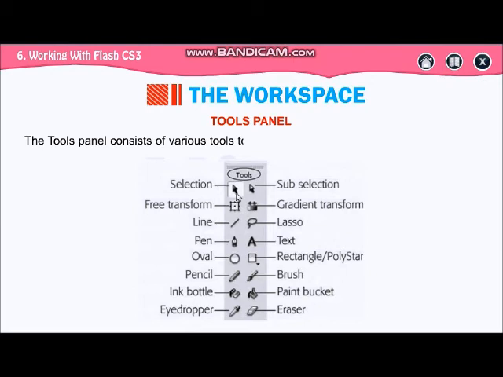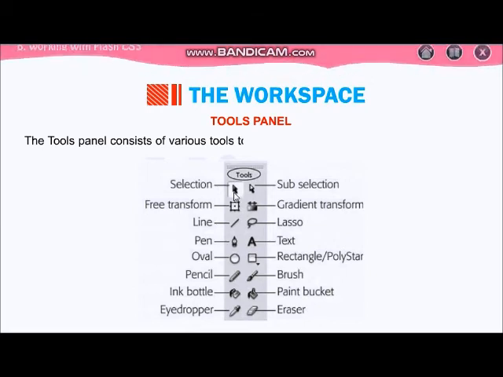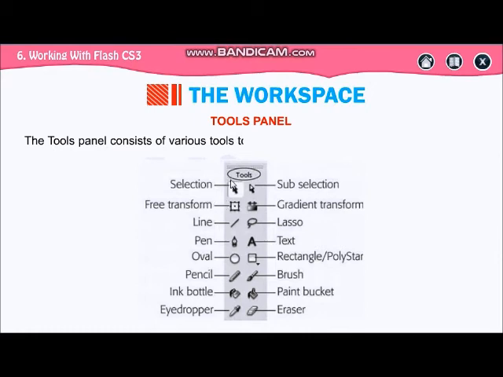If you want to select any object, you will be using this selection. Suppose you have drawn a stick figure, and within the stick figure you want to select the hands of that stick figure, then you can use subselection. तो image के अंदर का, object के अंदर का कोई part select करना है, then you will be using subselection. Free transform, select and move it anywhere on the stage.